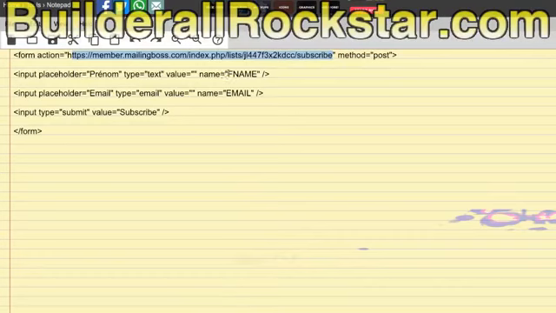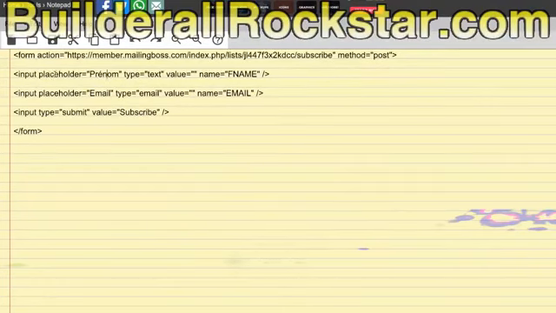So which fields are important? Usually you only have two fields. It's first name and email address. But personally, I only want email address, because I don't use the first name in my email. So there is no point in asking this. It's better for me to have only one field and a submit button.